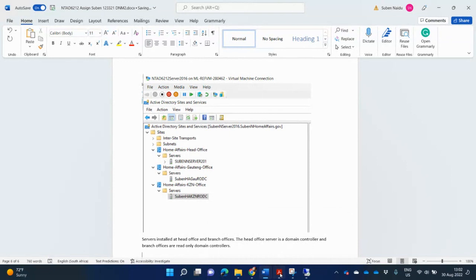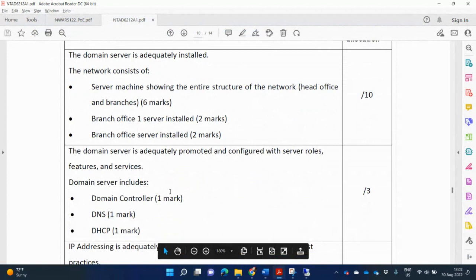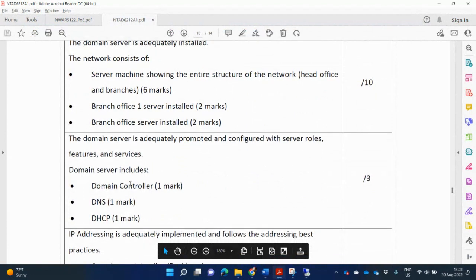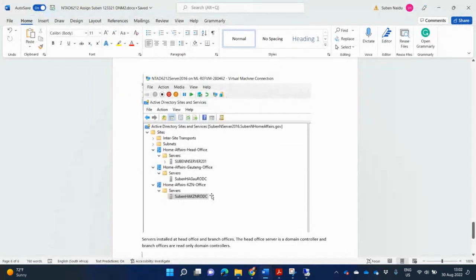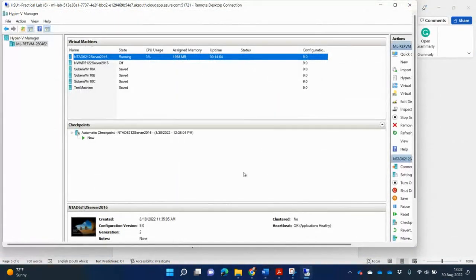What's the next screenshot I need to take? I go here and I see, okay, domain server is promoted. So I need to take a picture of Active Directory, DNS, and then DHCP. I have not installed DHCP, so I'm going to go and install it now. Okay, let me take a picture of domain controller and DNS first. So for domain controller, I would go into my virtual computers, and I need now a picture of